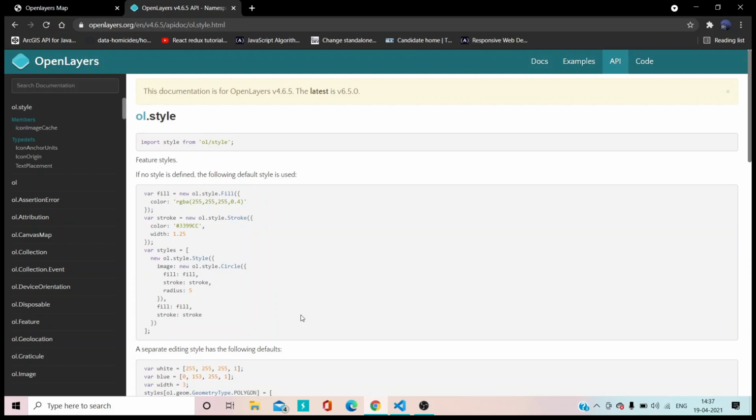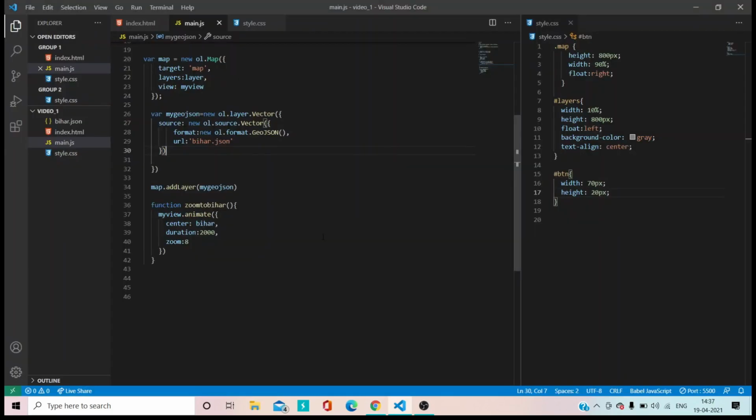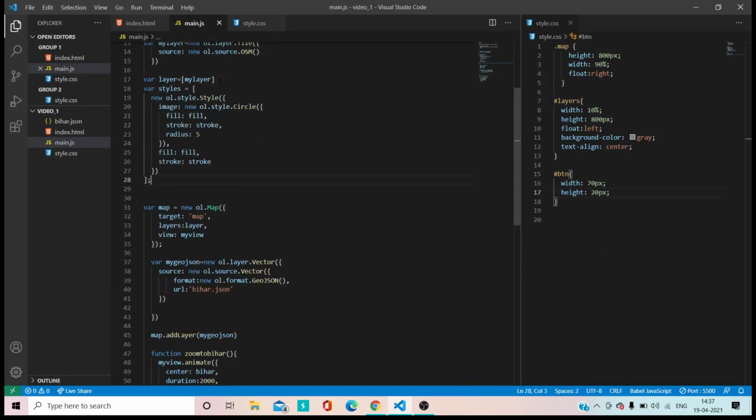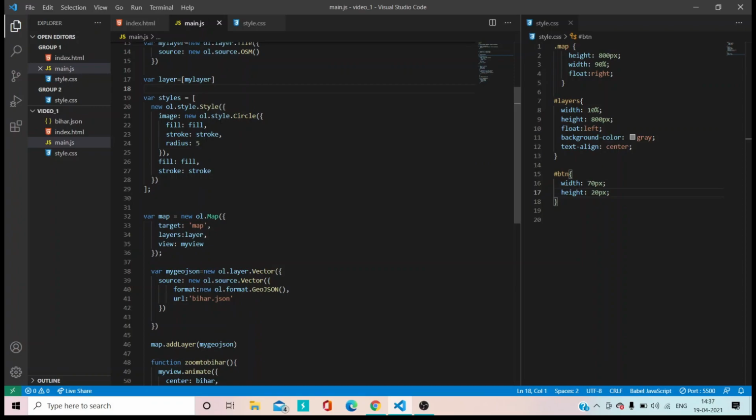So what they're giving is they have variable fill and then stroke, and they're passing those variables in the style variable. We'll do the same thing. Let's create a variable. Let's copy this thing first up to style only. So let's create style over here. So what we want is fill and stroke, but since they are passing this for an image, we don't want this thing right now.